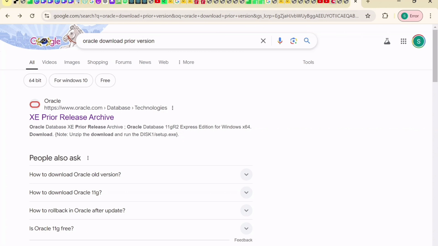We are using Windows, so the Windows Home version. We are not using the professional version. If you are going for professional, you can download the latest version, but for Windows Home we can use this one, 11G. So click here